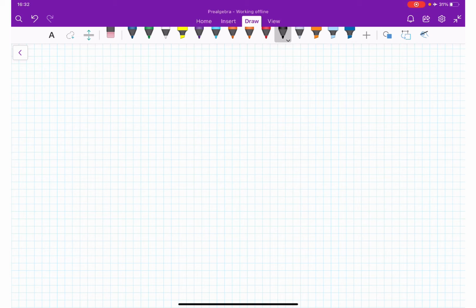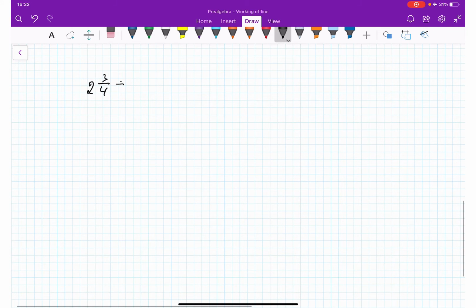Okay, we are going to simplify an expression with mixed fraction and decimal notations. So we have 2.2 and 3/4 divided by 1.1 plus 3 and 1/4